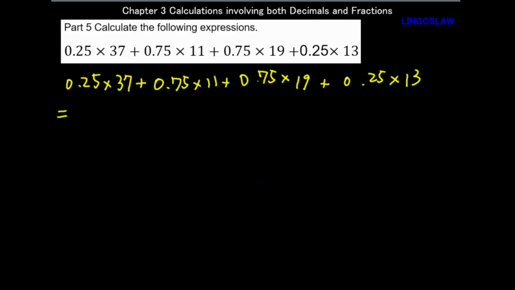Now let's think about this. If you combine this one and this one, and combine this one and this one, maybe you can calculate more easily. So